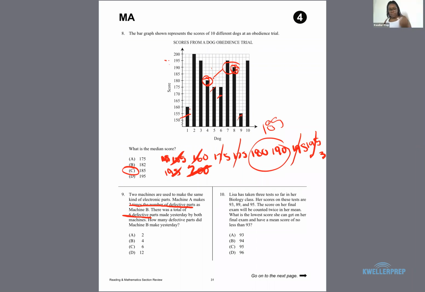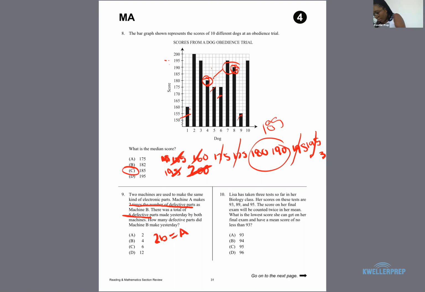Okay, so you have to make an equation from the question that they give you. So machine A makes 2 times the number of defective parts as machine B, which really means that in order to get the number of defective parts that A has, you have to have 2 of B. So 2B equals A. Now, when you're writing an equation, it's easier to solve if everything is the same variable. So we know that 2B equals A,